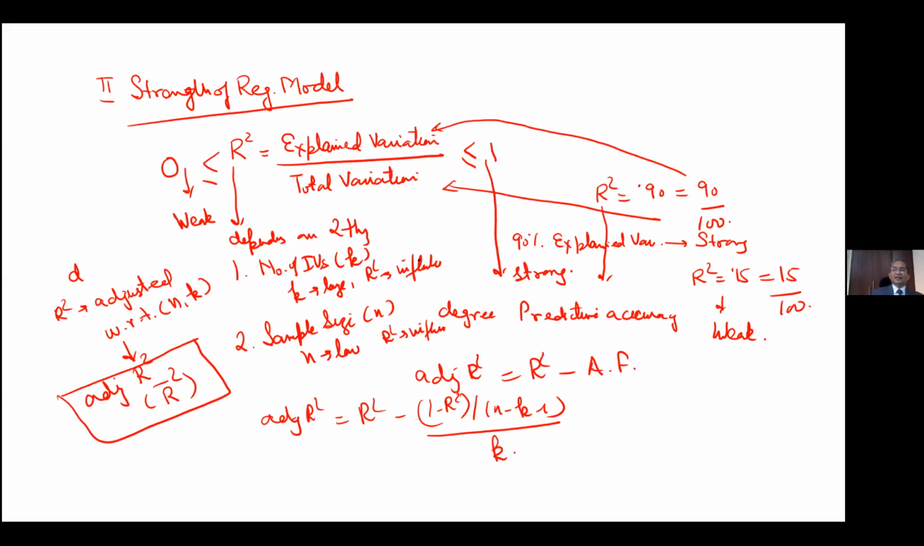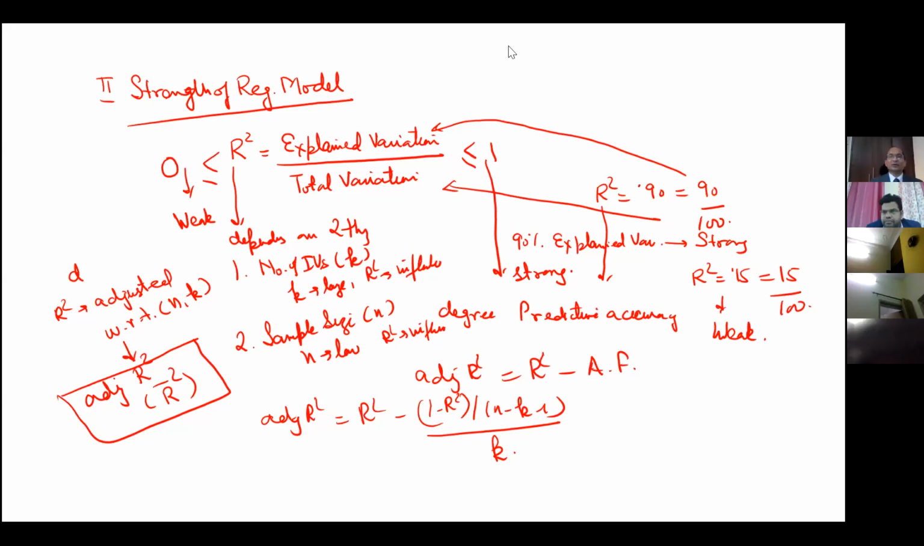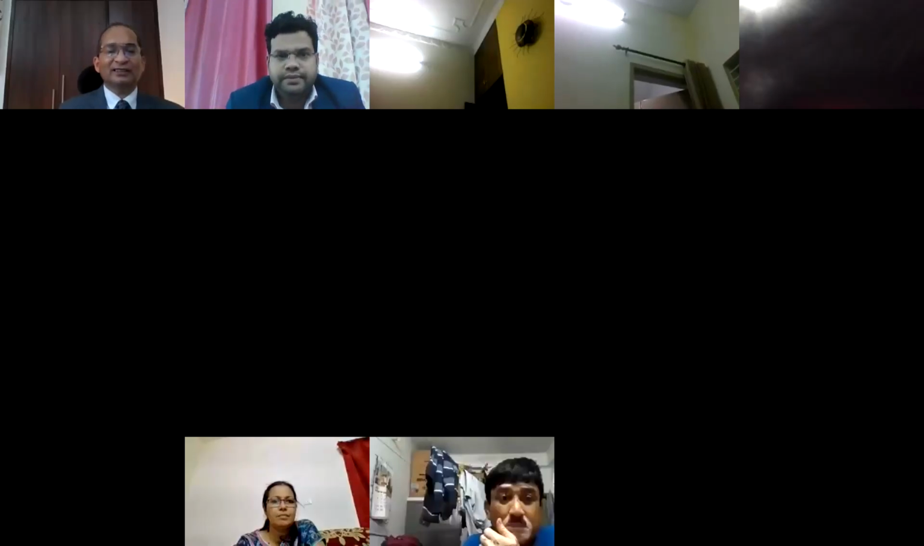Dr. Gaurav, that question will be taken up tomorrow when we move to the next step. Today I have taken up only two steps: one is the significance of the factors and the other is the strength of the model. Since it is already 8:15,